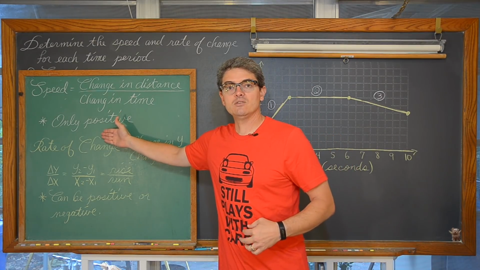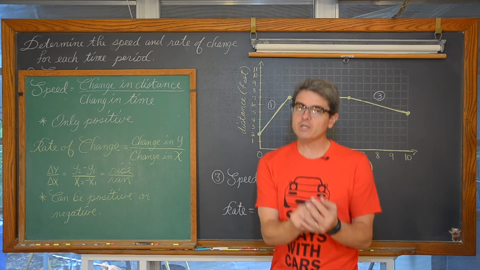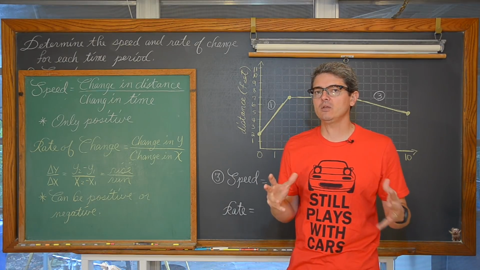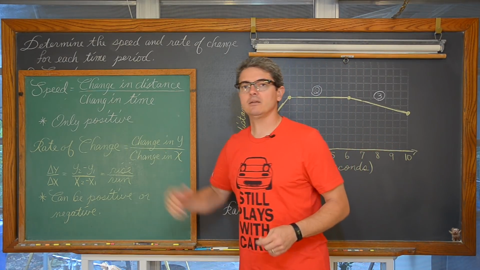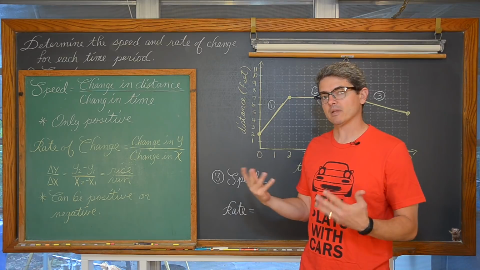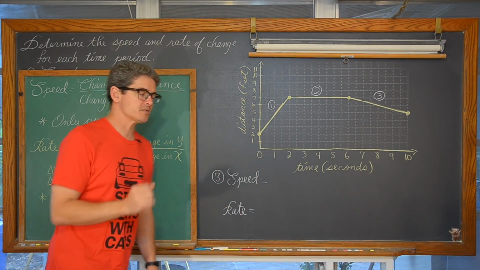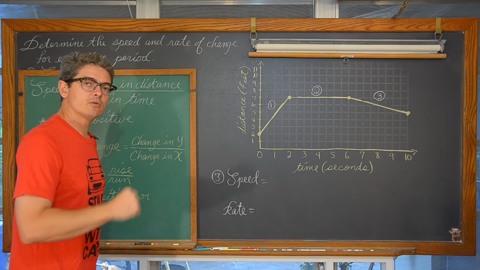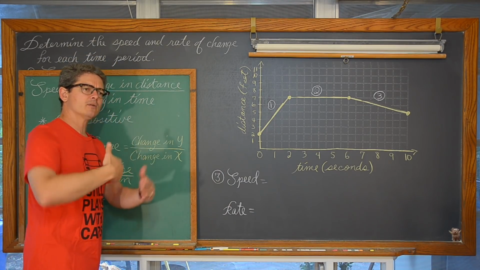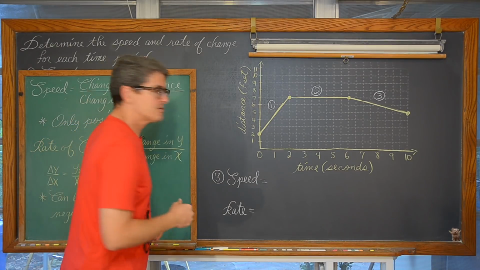Well, rate of change is really just slope, but we're incorporating units of measure, both in speed and in rate of change. These are all going to be sort of in an application setting of rise over run. So speed can only be positive, and rates of change can be either positive or negative. And when you later learn the idea of velocity, same thing will be true there.